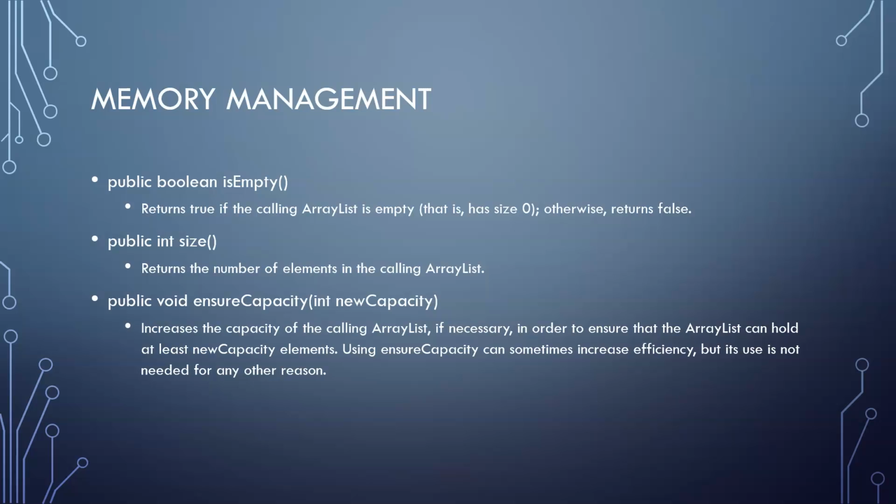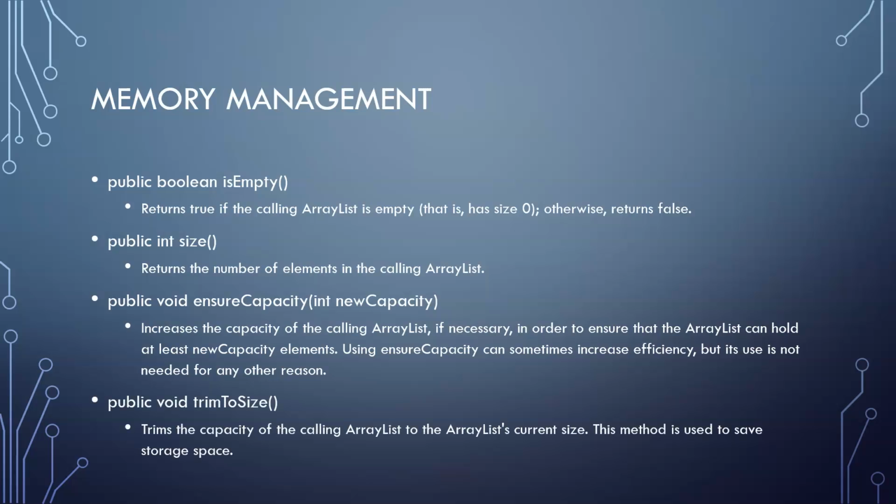The thing to note is that using ensureCapacity can sometimes increase efficiency, but its use is not really needed for any other reason, because remember, it will automatically increase the ArrayList size for us, but this is something that we can do to make our code a little bit more efficient. And then, of course, we also have trimToSize, which simply trims the capacity of the calling ArrayList